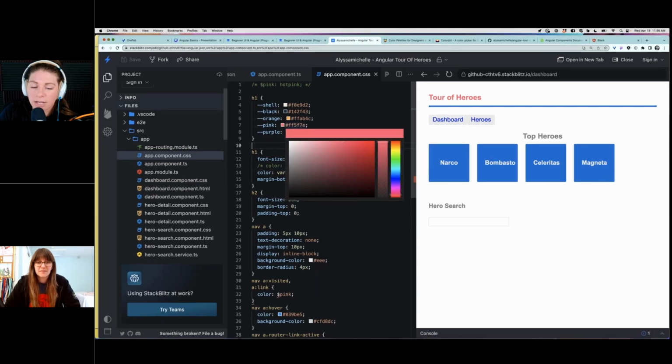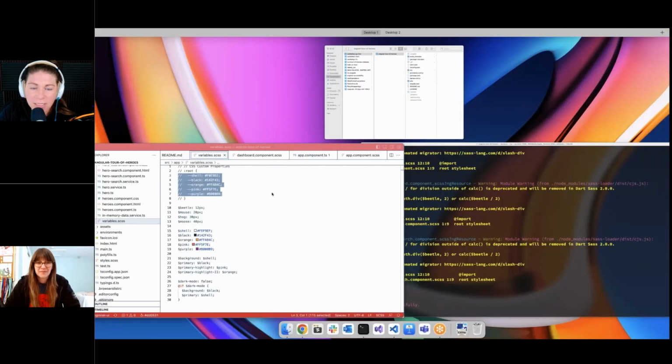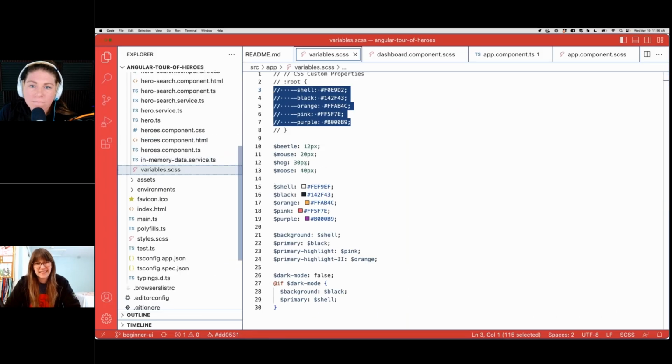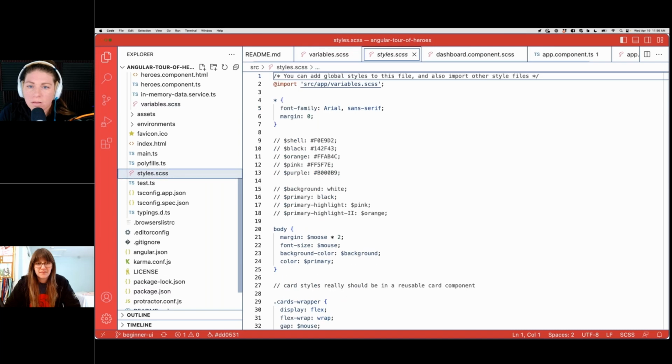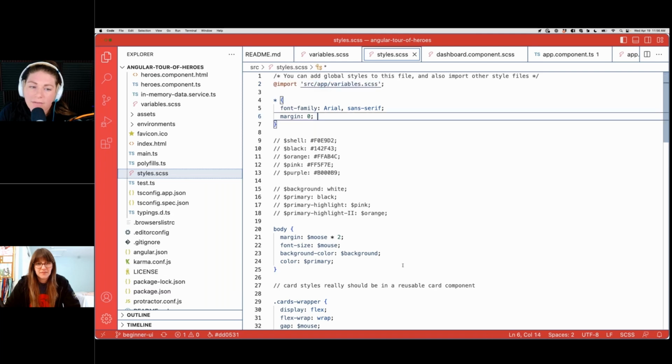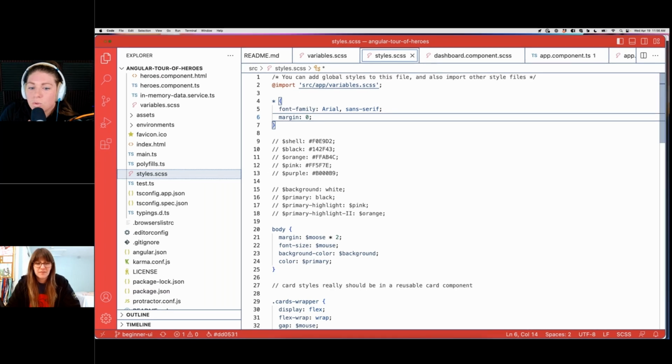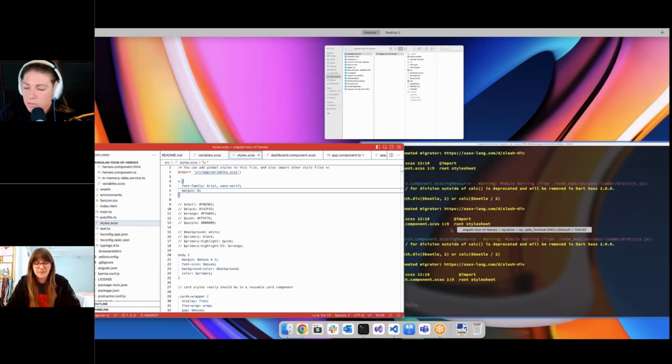Let's actually go check out my red project. Yes, so here, this style sheet is being pulled into styles.scss. And I do believe that at this level, because this is the global style sheet, we do have access to things like root. So I don't think you have to mess with view encapsulation,